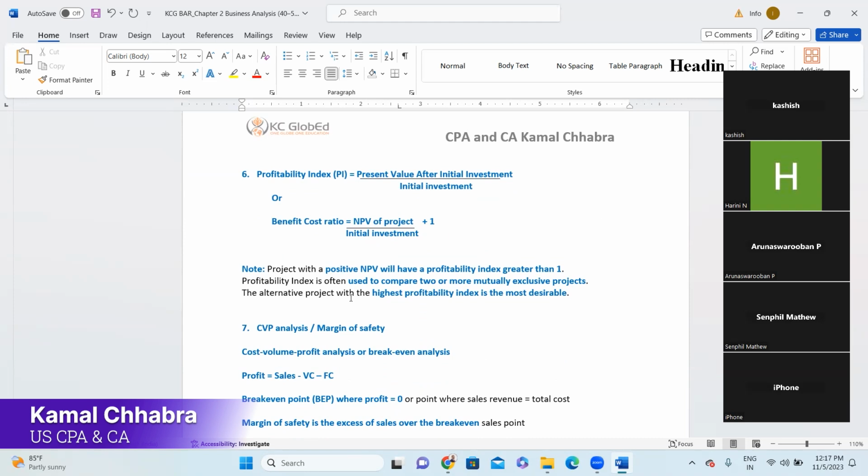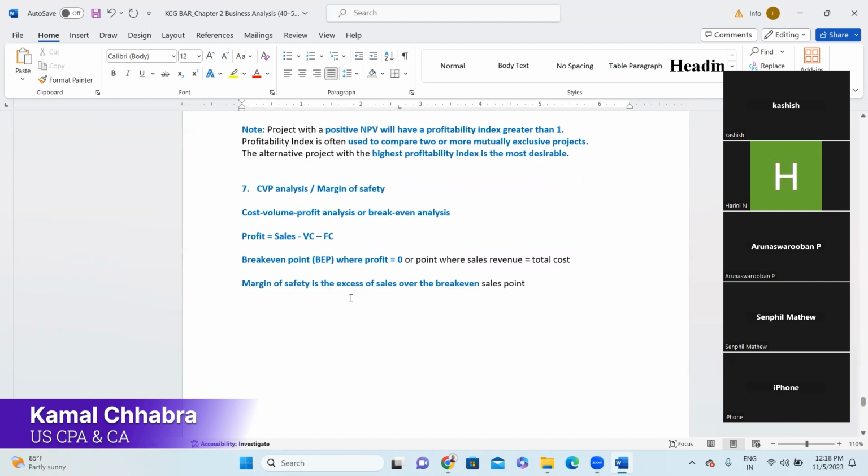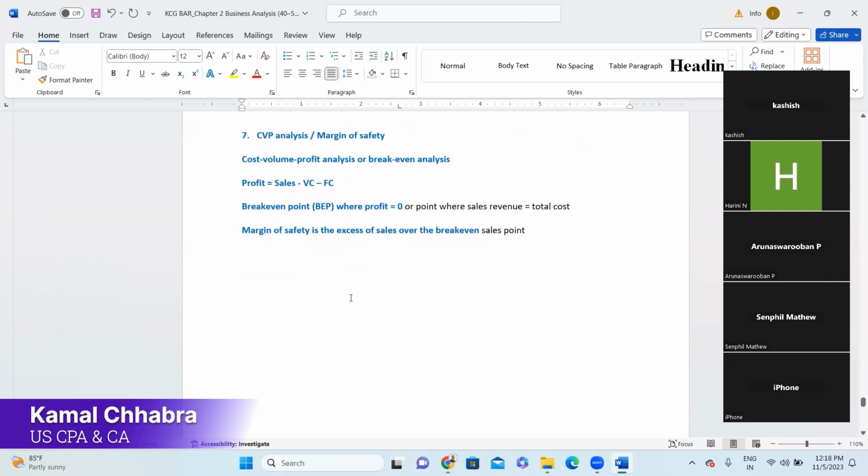A project with positive NPV will be profitable, with an index greater than 1. Profitability index is often used to compare two or more mutually exclusive projects. When two or more projects are competing together, you use the profitability index method. The alternative project with the highest profitability index is most desirable. And the last one is cost